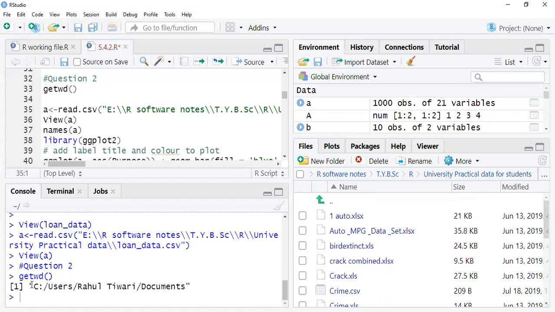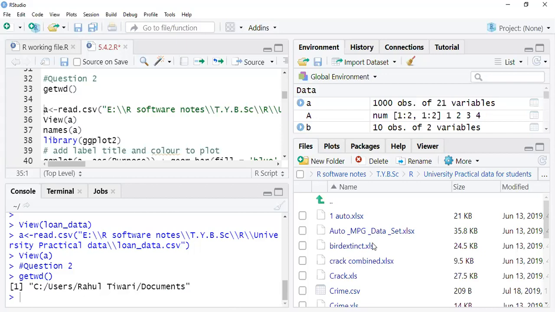If you see this, you can say getwd. Getwd is an option there. If you run getwd, you can see in the console that it is my desktop. But actually I want to set my working directory where I can directly access these files, because I am going to use this file.